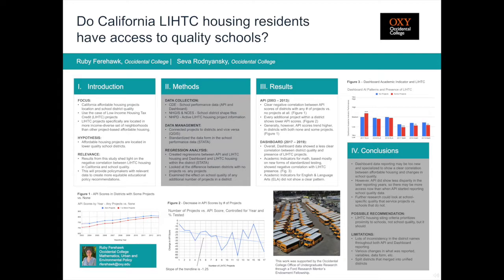Because we did find a possible negative correlation, we recommend a change in LIHTC housing criteria. Right now, LIHTC housing criteria prioritizes proximity to schools but does not acknowledge school quality. Because less access has been shown by this study, we recommend that proximity to high-performing schools be prioritized for LIHTC housing placement. There are clearly many other things we could explore within this topic, and this is only the beginning